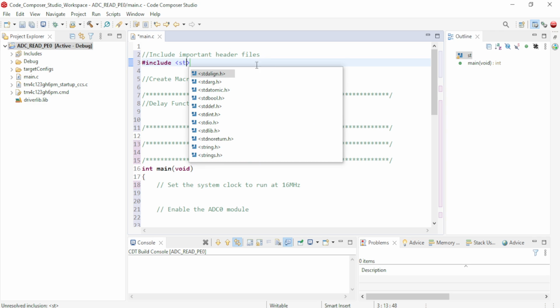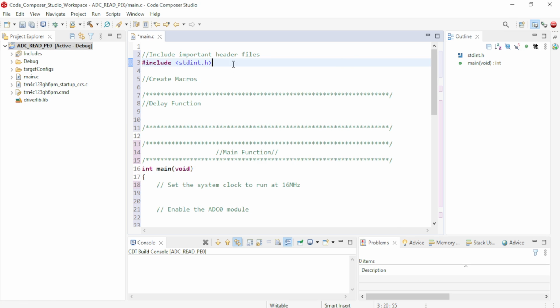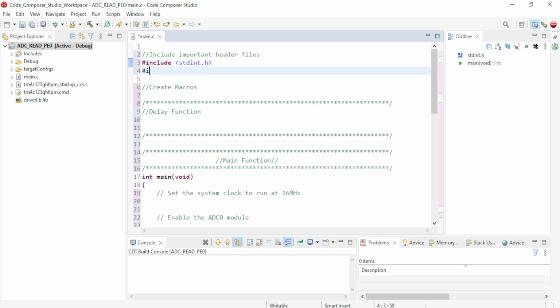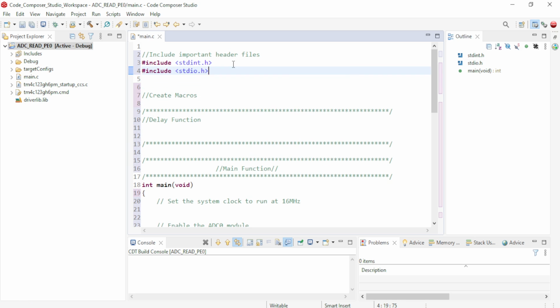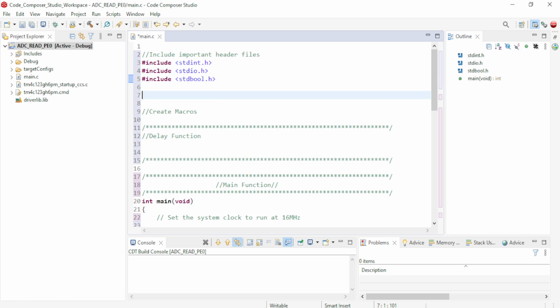It gives me all the options available in the Code Composer Studio. So first of all, I will add the standard int. Similarly, include stdio.h, and then I will include stdbool.h. So first these three header files will be included, and then we will include